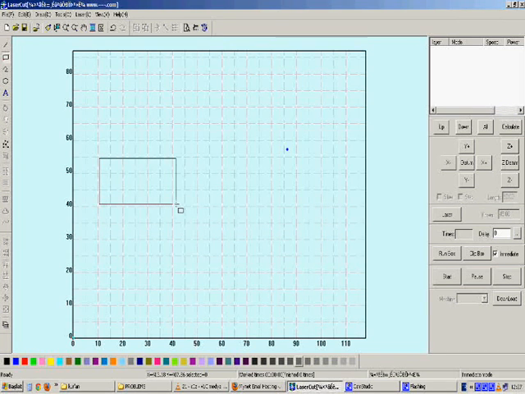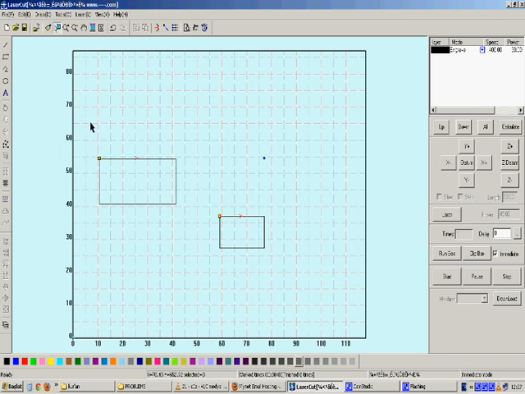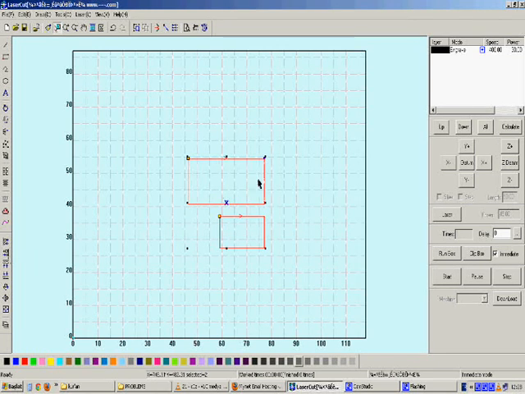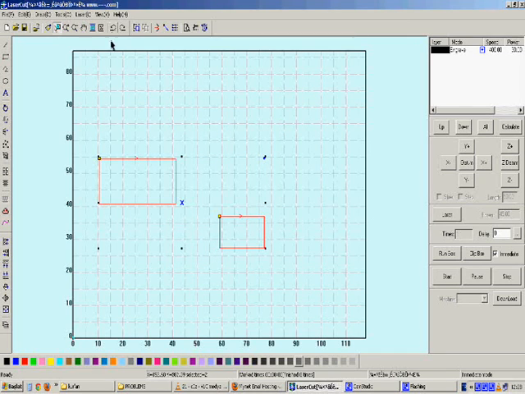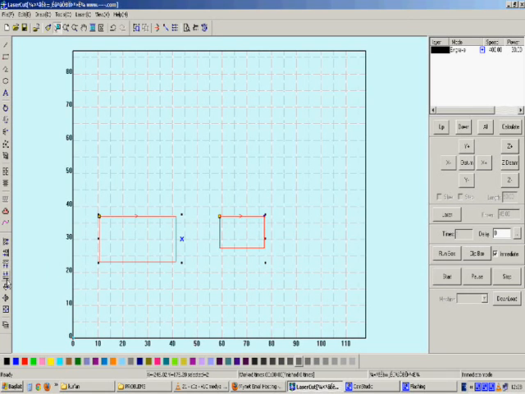To show the functions of the aligning tools, let us draw two different rectangles and select both of them. When you click on the Align Left tool, you will see that left sides are aligned. When you click on, let us undo it again, when you click on Align Right tool, right sides are aligned. Let's undo it again. When you click on Align top sides, and when you click on Align Bottom, the bottom